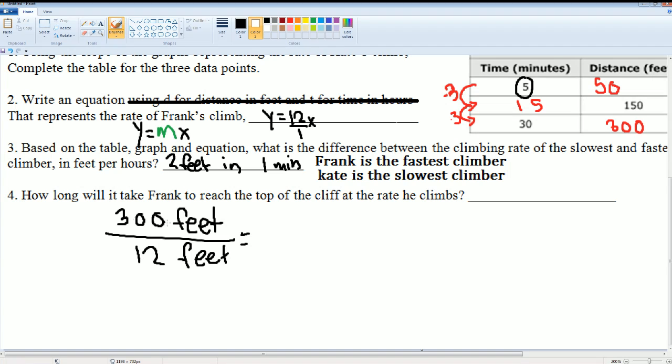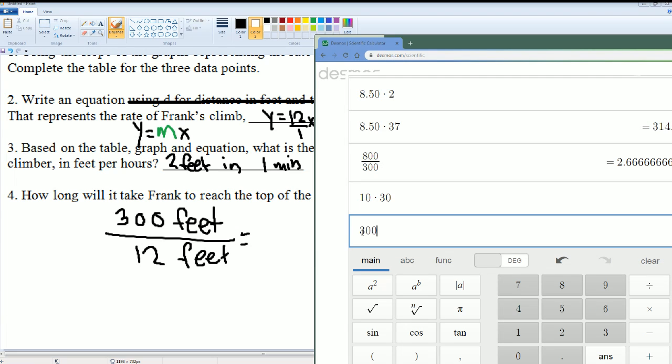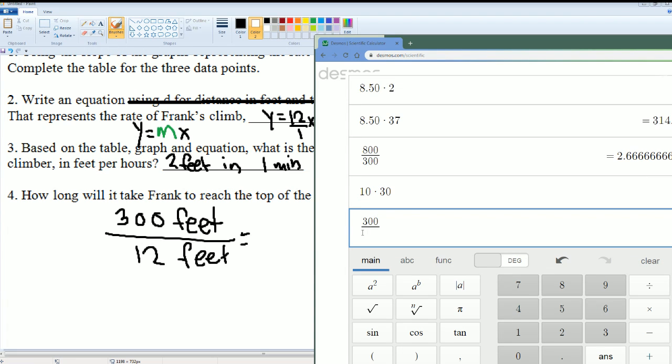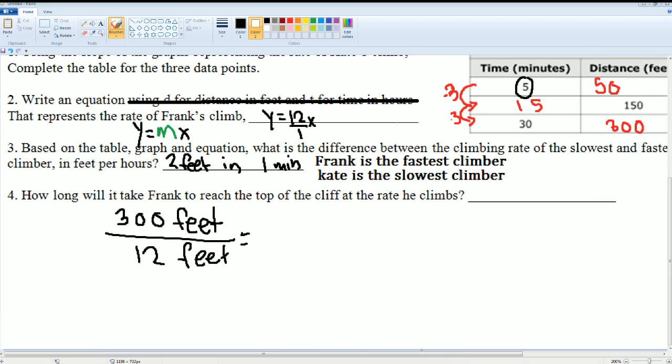So 300 feet is how much he has to climb, and we divide that by the rate, which is 12. That gets us 25, so we would say it will take him